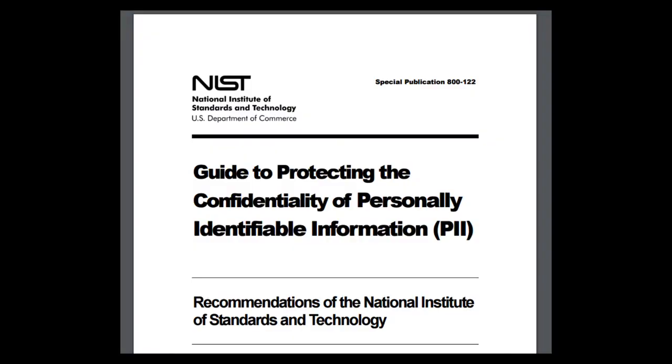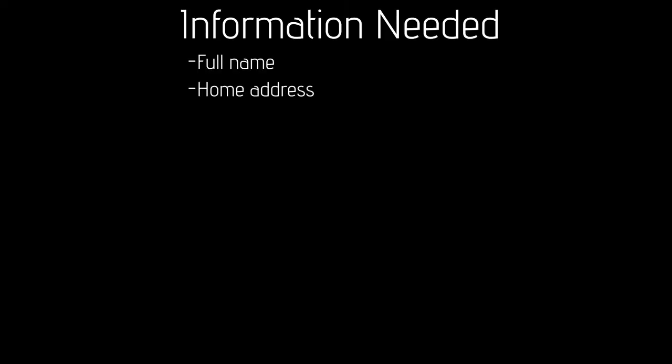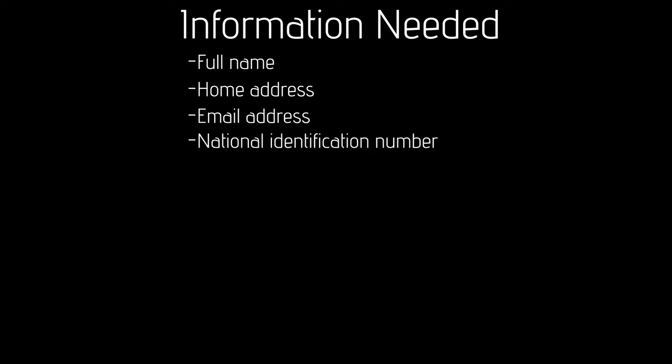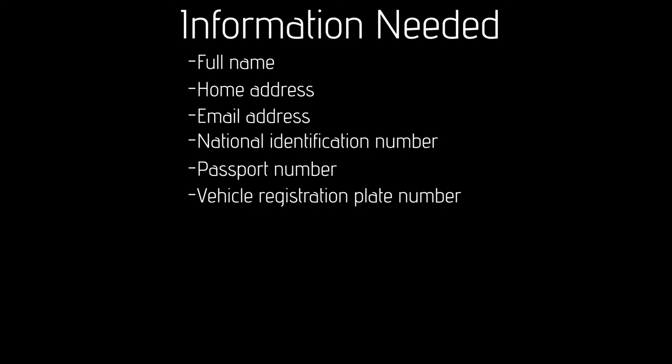NIST document 800-122 goes into great detail on the concept of personally identifiable information. Some of the things we need to be watching out for would be, for example, a full name, a home address, a personal email address, an identification number. Here in the United States, that would be a social security number, a passport number, vehicle registration plate numbers,